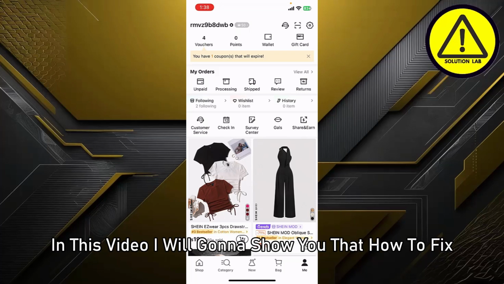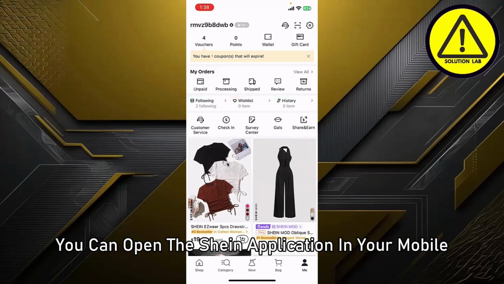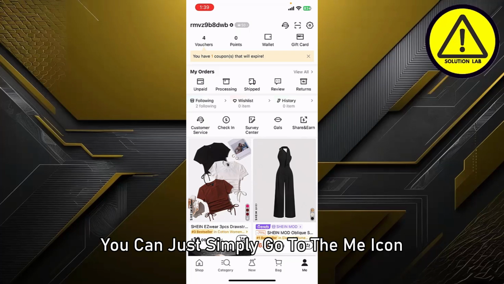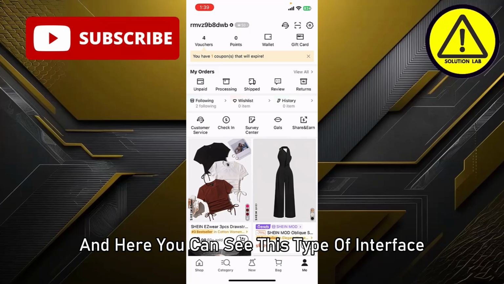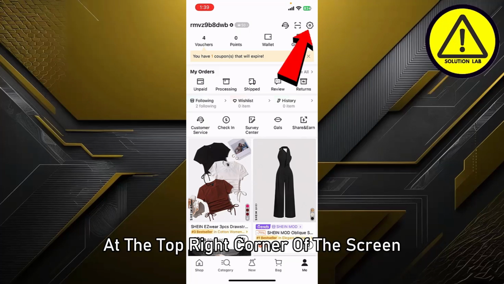In this video, I am going to show you how to fix a Shein suspended account. First of all, open the Shein application on your mobile, and after opening the application, simply go to the Me icon at the bottom right corner of the screen, and here you can see this type of interface. After this, tap on settings at the top right corner of the screen